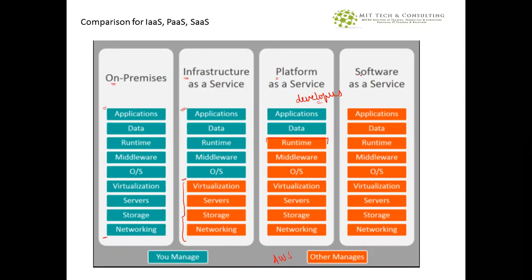And we also have software as a service. This is for end users. Let's take Gmail. Gmail is a software they're giving you as a service.